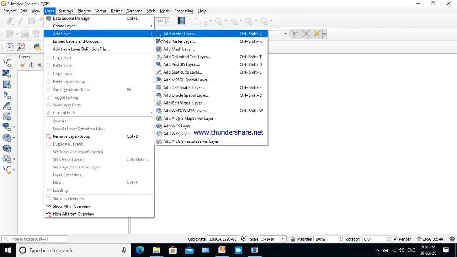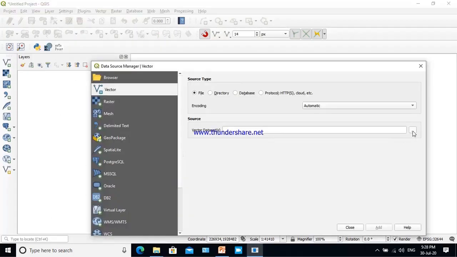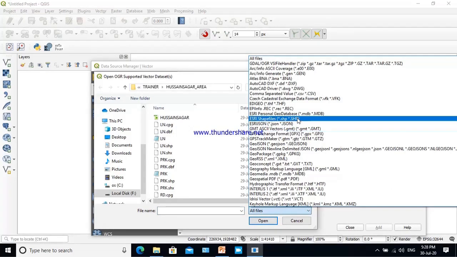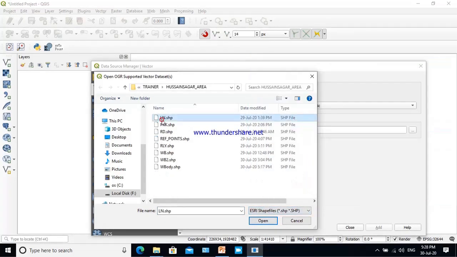Once all other layers are populated, they can be seen. Add layer, add vector layer. I will be loading it from the resource. They are digitized in shapefile format, which is an interchange format of ESRI, the ArcGIS software developers.